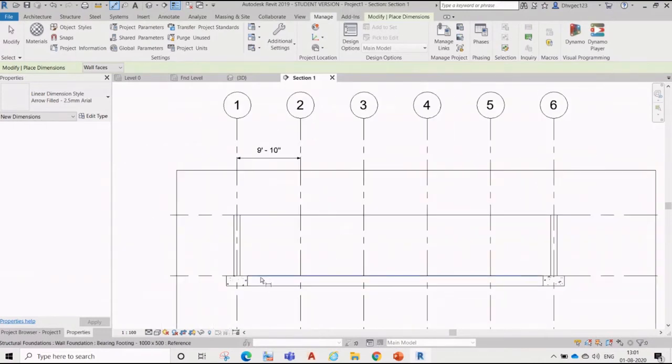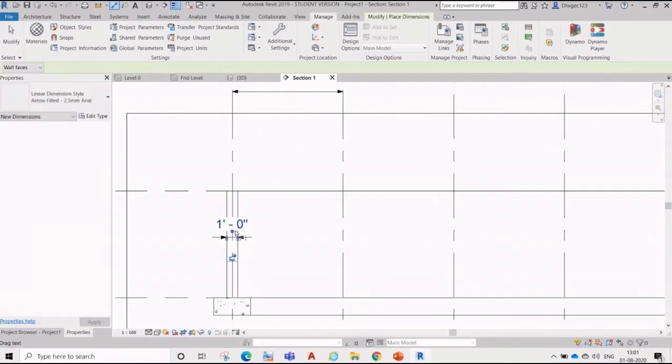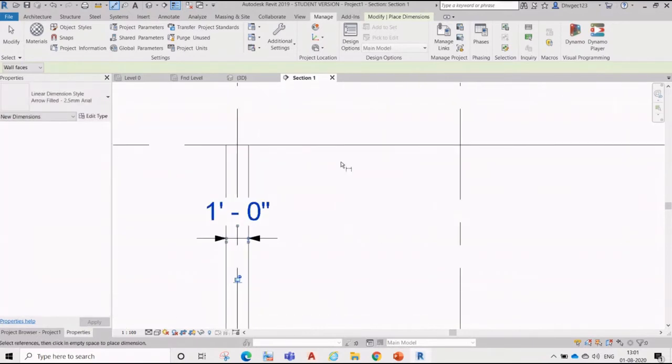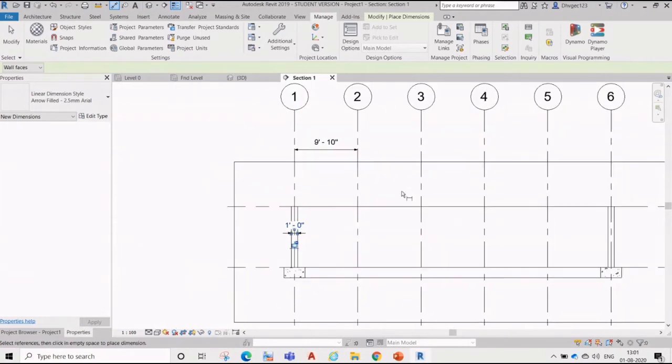See, for 300 we have 1 foot. For that, you need to see, it will not take double entries.